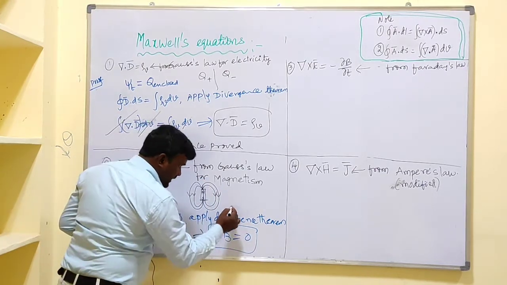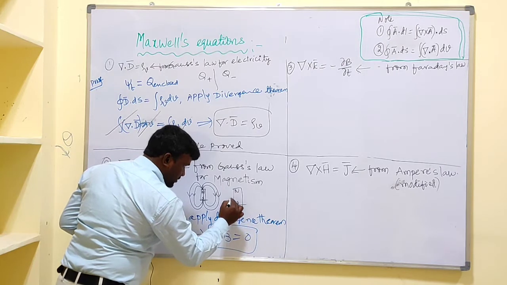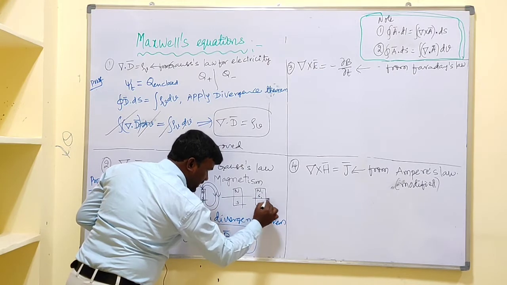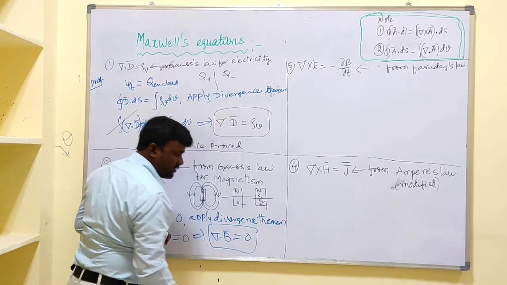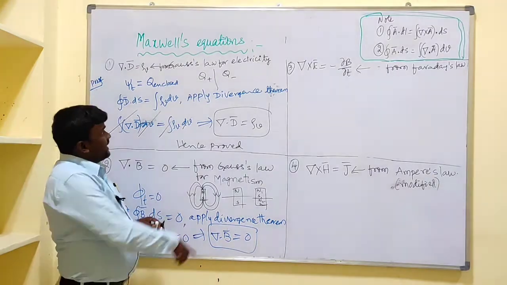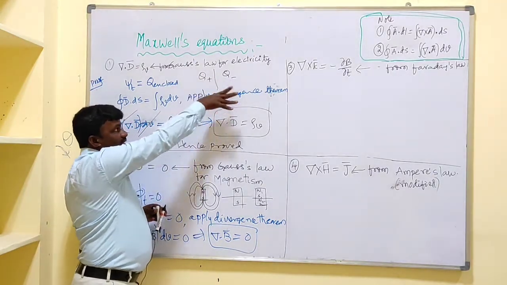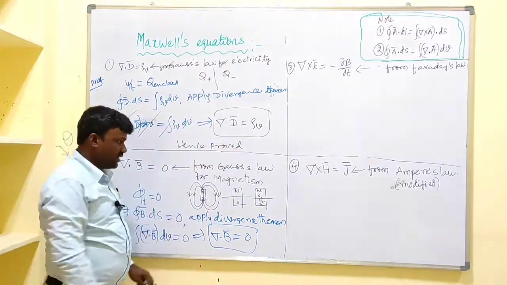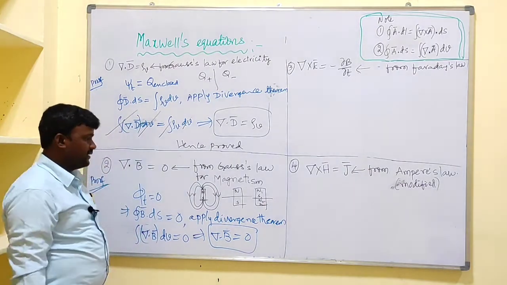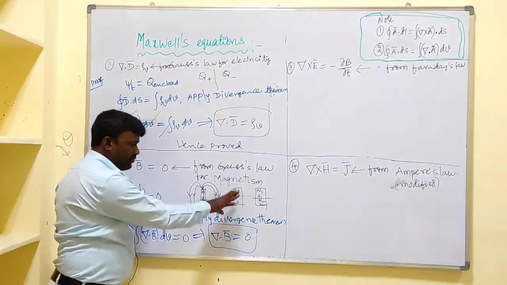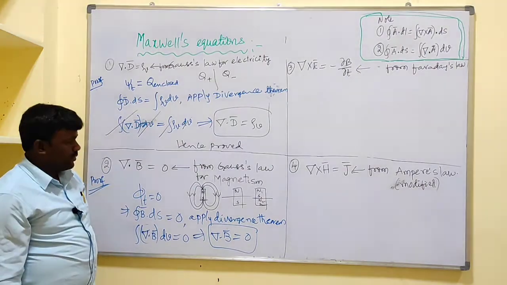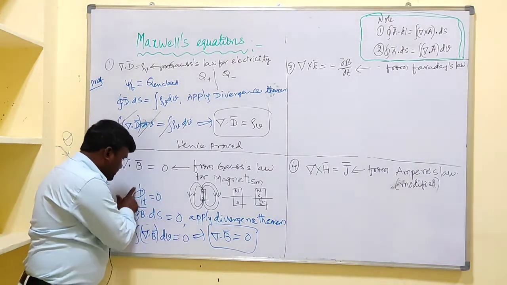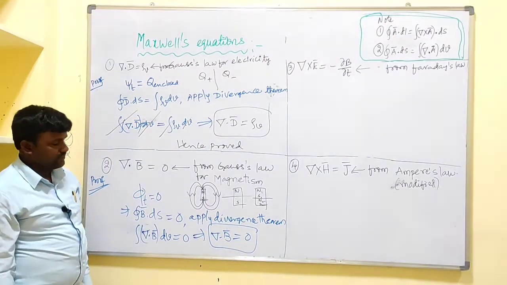Or else if I cut a magnet like this, that is north and south, if I cut magnet like this, again it is consisting of what? North pole and south pole here, and north pole and south pole, that is like this. That means what? Here we have the monopole, means what? You may have individual charges, that is positive charge or negative charge. We can't separate north pole and south pole for the magnet. If you take a small magnet, it is consisting of what? North pole and south pole. Monopole doesn't exist in case of the magnet. So that's why magnetic flux through a closed surface is equal to 0.